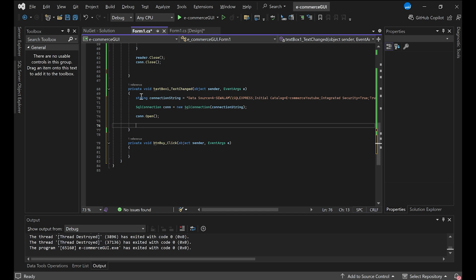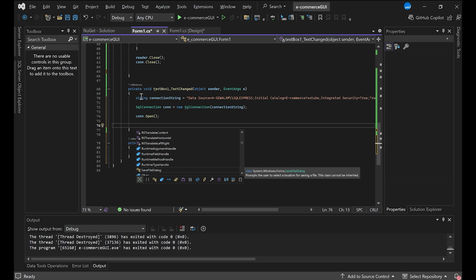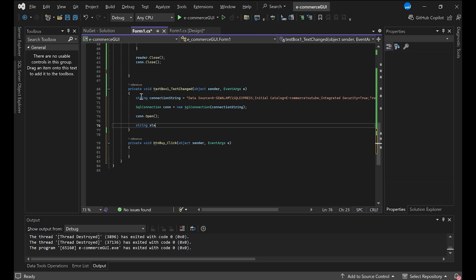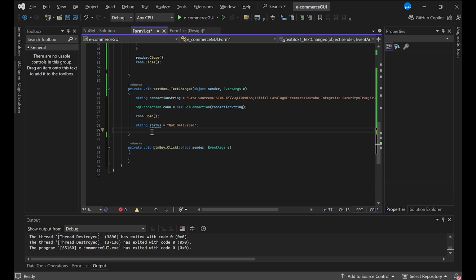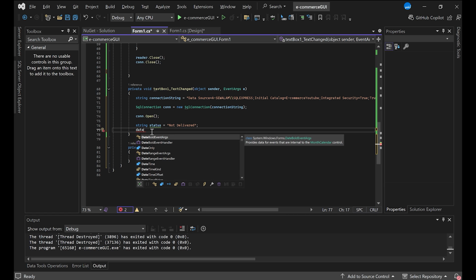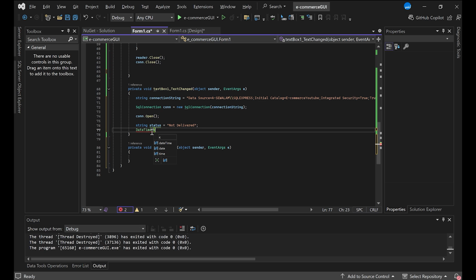So we want to make two variables, one for the status and date time, current date equal date time now,